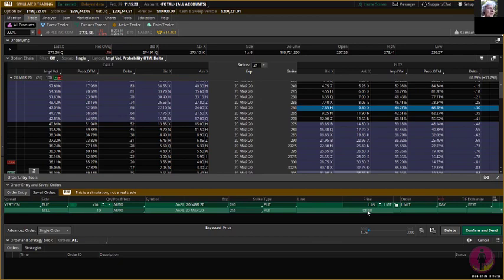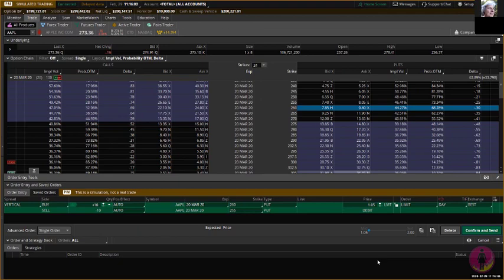What is the difference between a debit and a credit spread? The difference is that when it's a credit spread, we receive the credit. Correct. And when it's a debit spread, we are debited from our account the amount of the price. Right. So could you make this debit spread a credit spread? How would you do that?